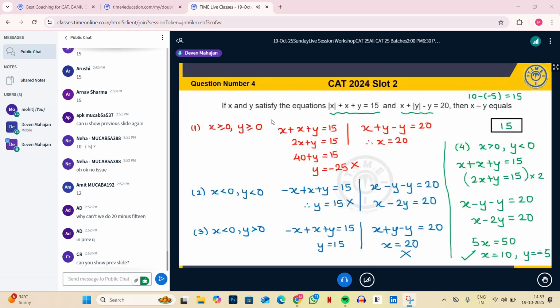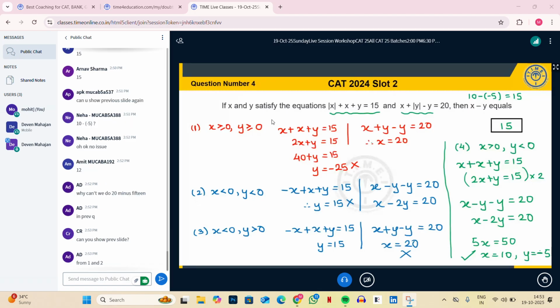Where 20 minus 15, what you are asking? 20 minus 15? केस नंबर 1 का अपना assumption क्या था? x is greater than or equal to 0, y is greater than or equal to 0, ना? उसमें जो solution आया है वो valid है क्या? y का वैल्यू उसमें -25 आया है, वो कैसे चलेगा? हमारा assumption के हिसाब से होना चाहिए ना. AD, are you listening to the solutions? Why we rejected that solution? Because our assumption was